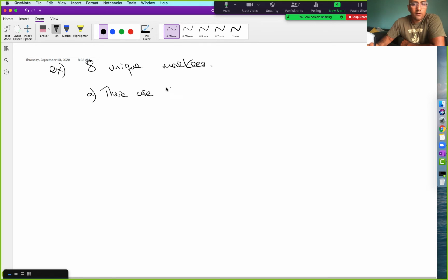There are 8 factorial equal to, let's just figure out what that is. If you get your calculator, you remember where we used factorial from last time. That would be 40,320 number of ways